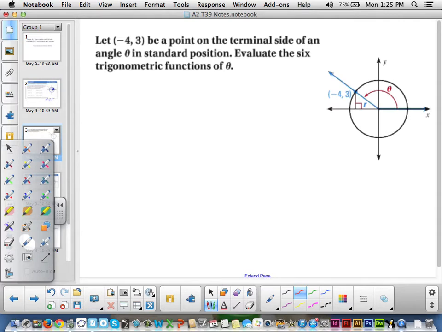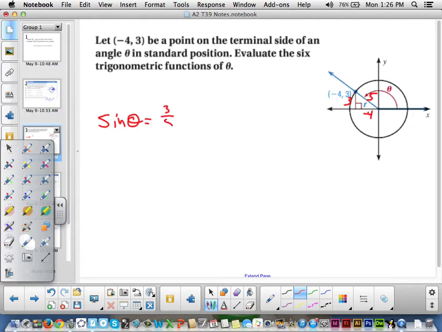Now, we got the point x, y is negative 4, 3. X is negative 4. Y is 3. Those end up being our adjacent and opposite sides. Equation for a circle, x squared plus y squared equals r squared. That ends up being the Pythagorean theorem. If you know your Pythagorean triples, you know that the radius here is 5. And so we can do our three main trig functions, the sine of theta. That'd be opposite over hypotenuse, or y over r, y over radius,